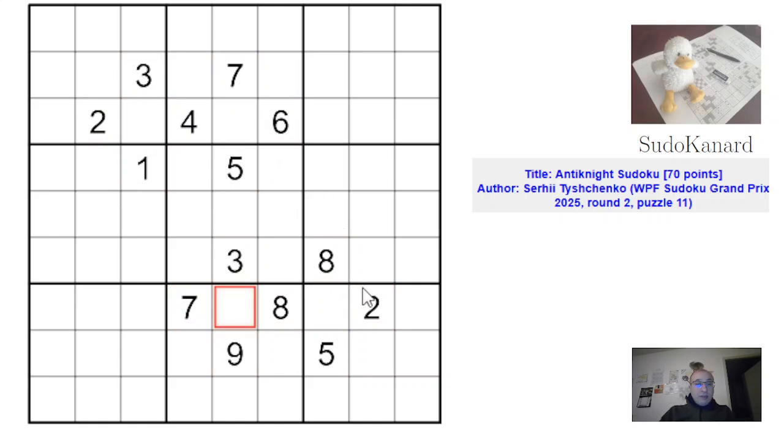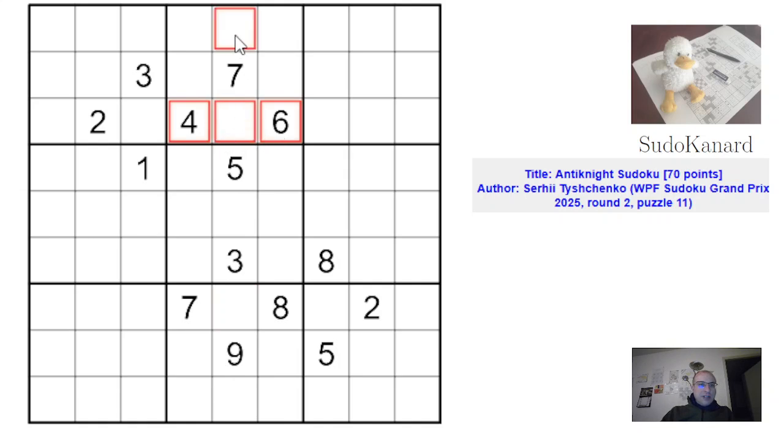So this is a variant that I usually dread in Grand Prix, especially with such a high number of points, 70 in this case. But I did attempt it successfully during the contest, and I hope I will solve it as efficiently. So the start is where lots of digits are, and something that has to be recognized here is